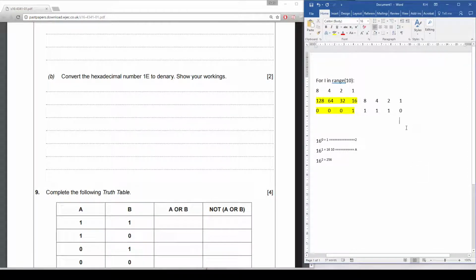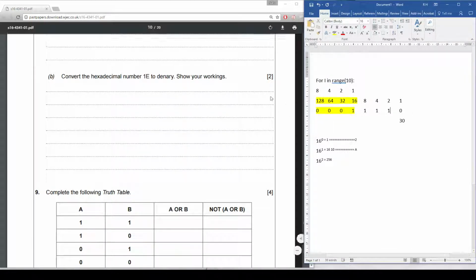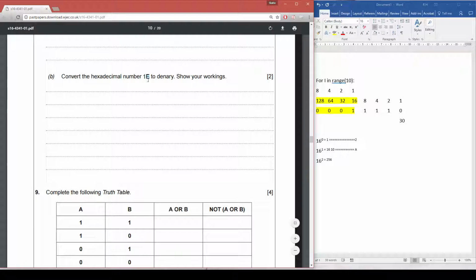Is that right? 30? Let's have a look. 28, 30. Yeah, it looks right to me. Whoops, 30. Yeah, that's the binary. You'd have to go that way around, or you could do it using base 16, because 16 ones are 16. Can you see you've got one here? 16 must go into the 1, and then